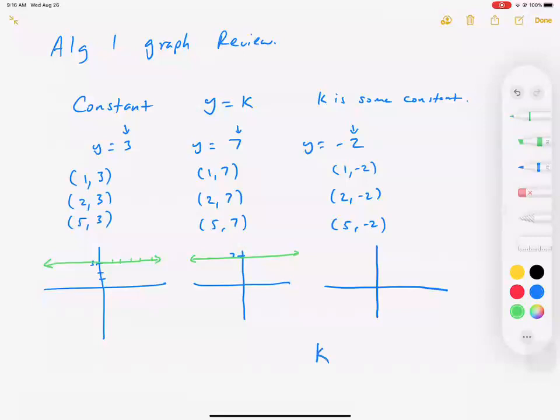Let me finish drawing this graph. We said it's going to be -2, down here. So k for us is our vertical shift. Vertical shift. I'm going to illustrate that for you real quick